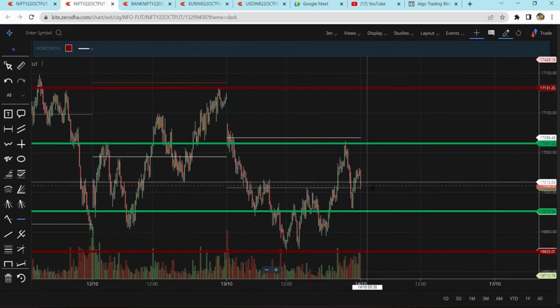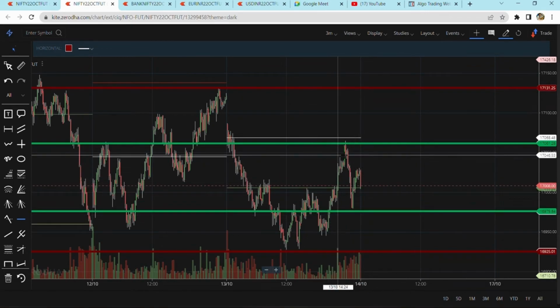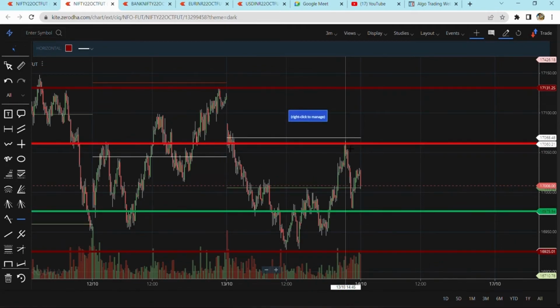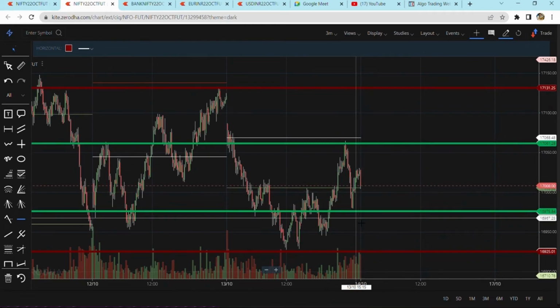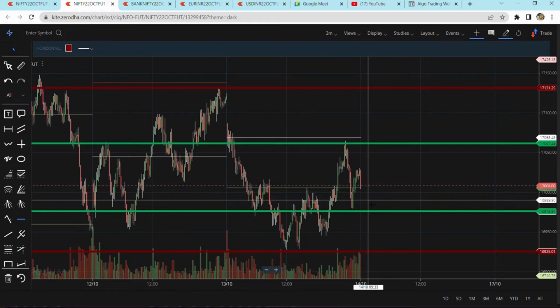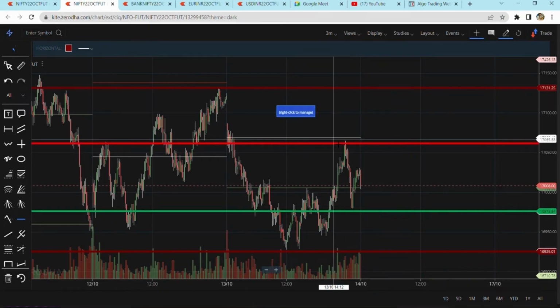Now the market recovered at approximately 2 o'clock. The market went from 16,954 to 17,063, quickly came back to 81, and then again recovered to this level, this point, which is 17,031, and the market managed to close at 17,800, expecting a gap up or gap down, because right now the time I am recording this video is 9:35 and